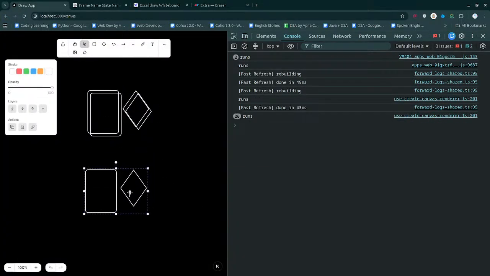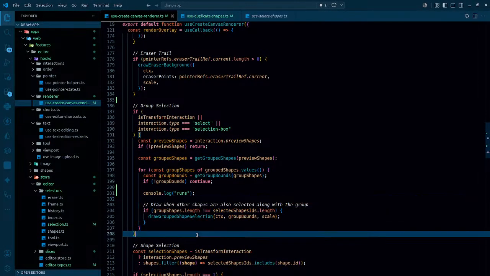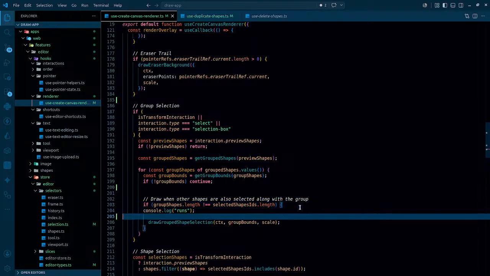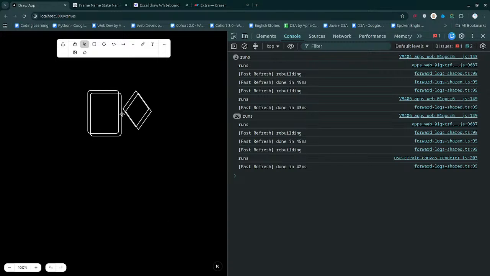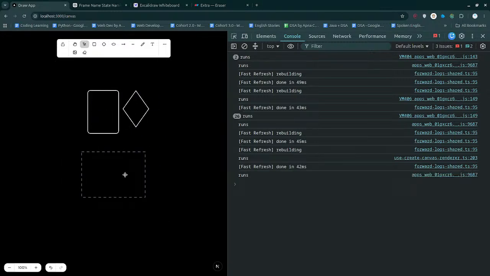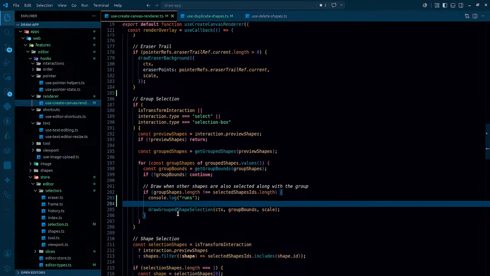Let's give it a try. That also runs. If that part runs, then this part is not running. That also runs. Then I'm gone. If this runs,